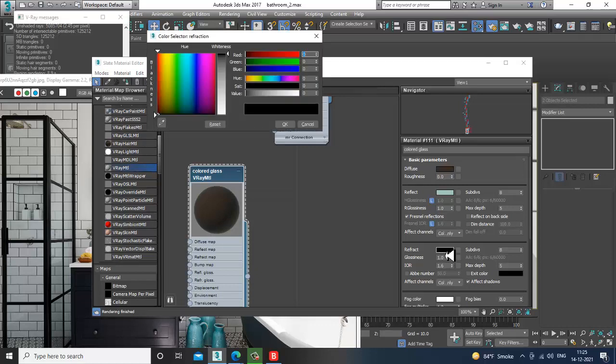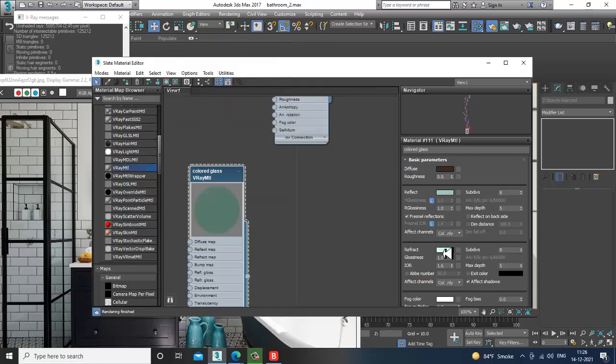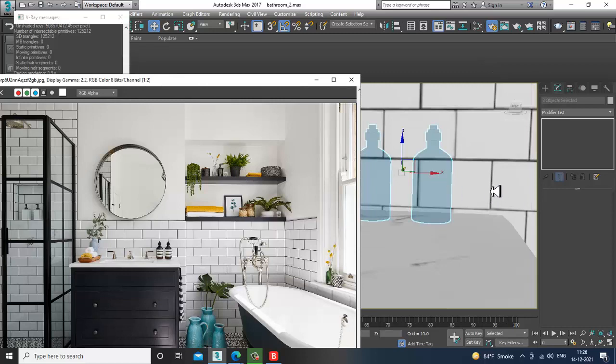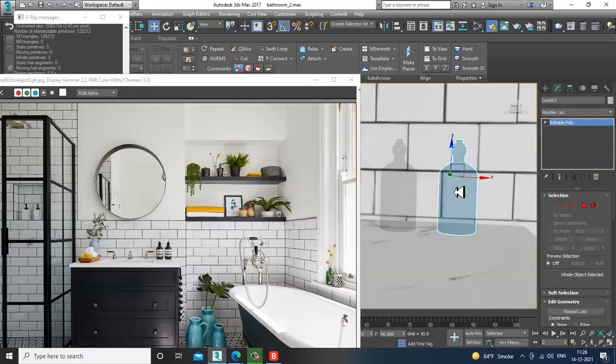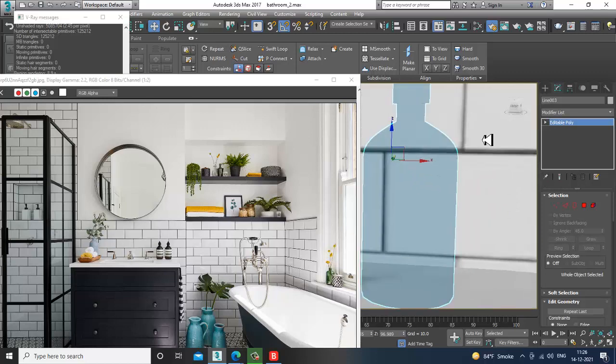Refraction is what your light passes through. And your IOR, glossiness I'll set to 0.5 or 0.6 and just assign that. Alright, so this is what your color glass is.